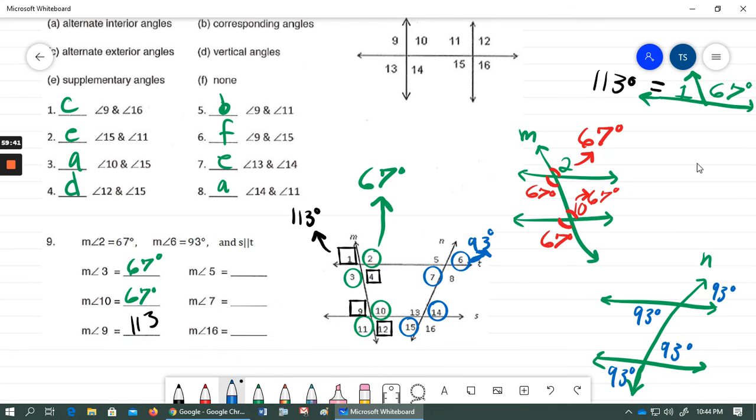All right, so that's angle 7. It's 93 degrees. And that's all of the ones that they asked us for with that. The only last one there is these ones. So if we know that this is 93 degrees, these other ones that are right beside it are going to have to be